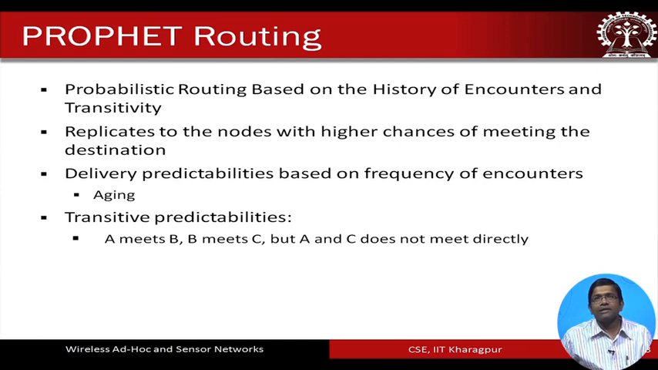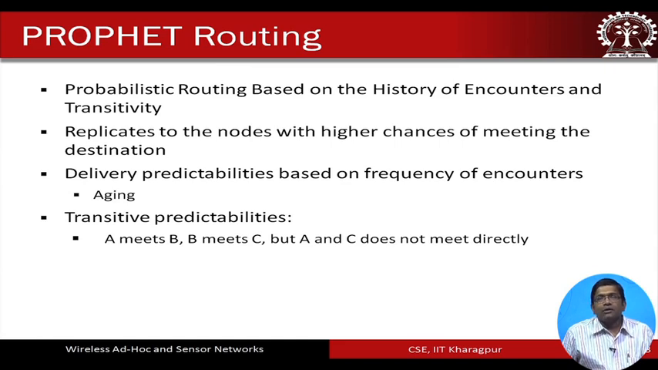Let me rephrase this. On the basis of the frequency of encounters, the delivery predictabilities, or the probability of delivery, are calculated, and these predictabilities have been shown in this protocol to have some kind of aging phenomenon. Basically they age with time. That means the predictabilities are going to change over time. The other property of these predictabilities is that they are